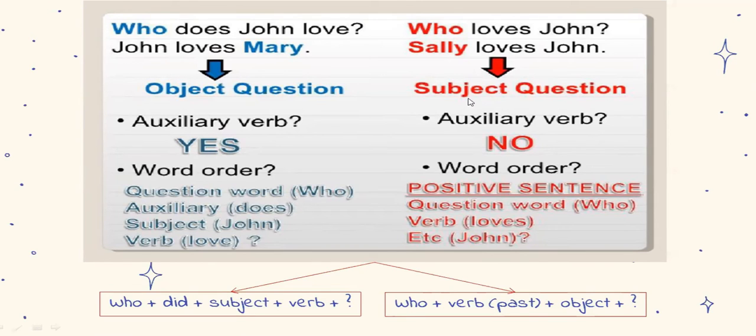When we have a subject question, we don't need an auxiliary. We only use the question word, the verb, and the object. In this case, because we are working with past simple, we will use who, the verb in past, and the object of the sentence. The object, remember, is the one that receives the action. We need the person that receives the action. Okay, so who does